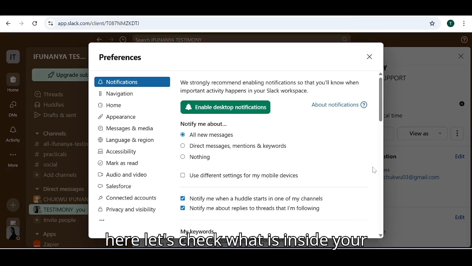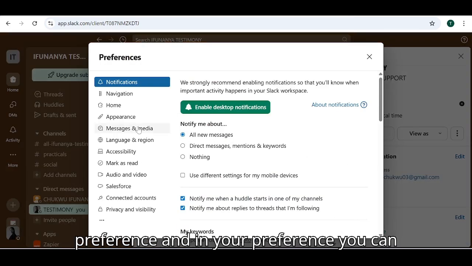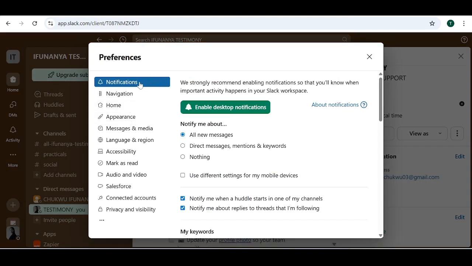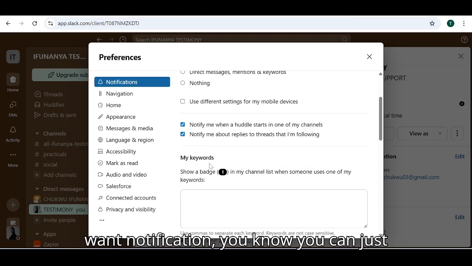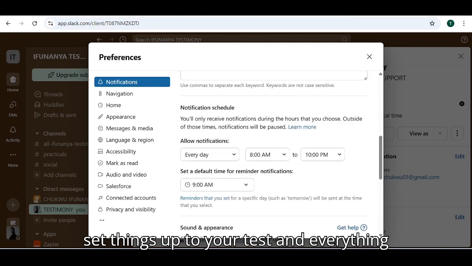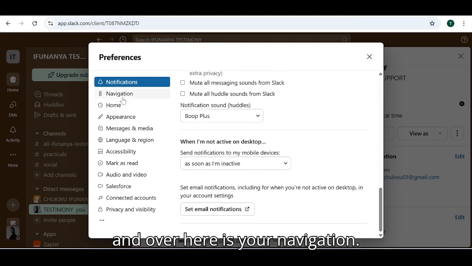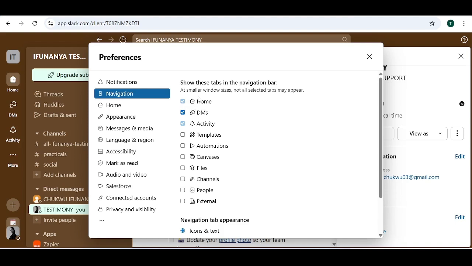And over here, let's check what is inside your preferences. In your preferences, you can set things to your taste as well. So your notifications: you can set it to notify you about all new messages, or direct messages, mentions and keywords, or nothing if you don't want notifications. You can set things up to your taste. And over here is your navigation. If you want to show this tab in your navigation bar, you can click. You see, showing